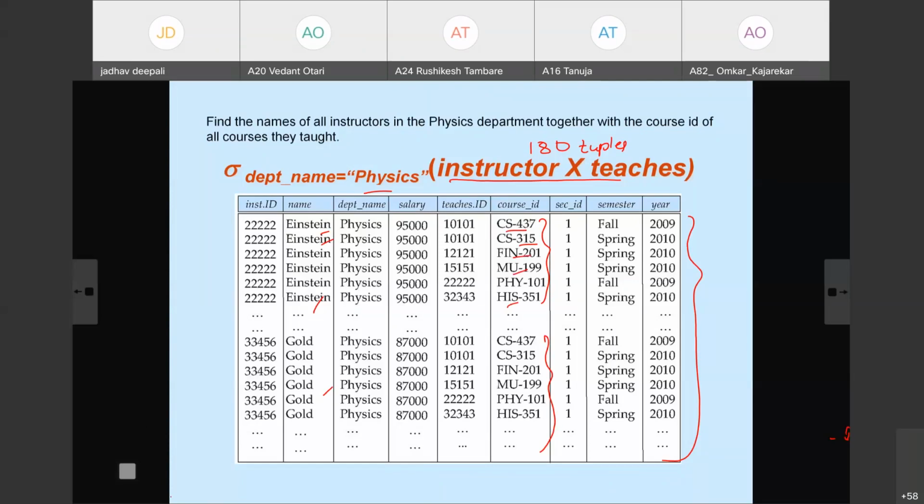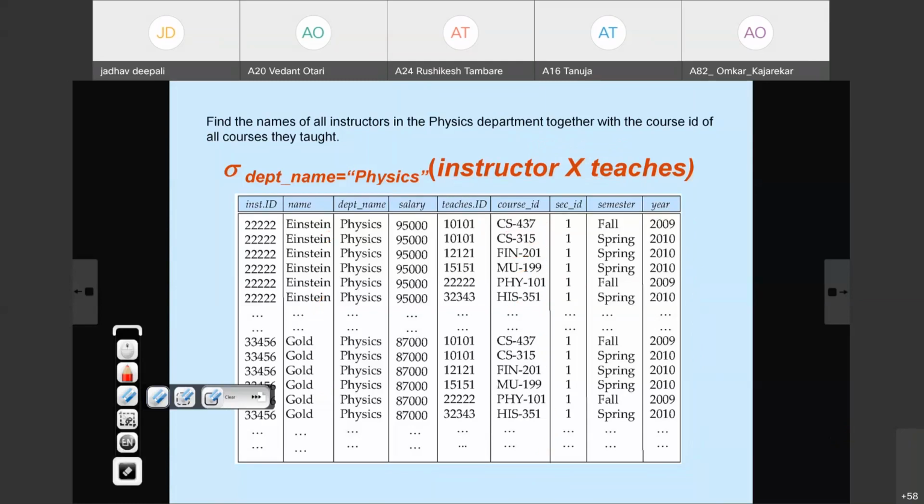Then why does it happen? The question is important: here we get some values which are incorrect. Here we get all such courses that are not taught by that particular instructor. Why does it happen? It happens because the Cartesian product operation